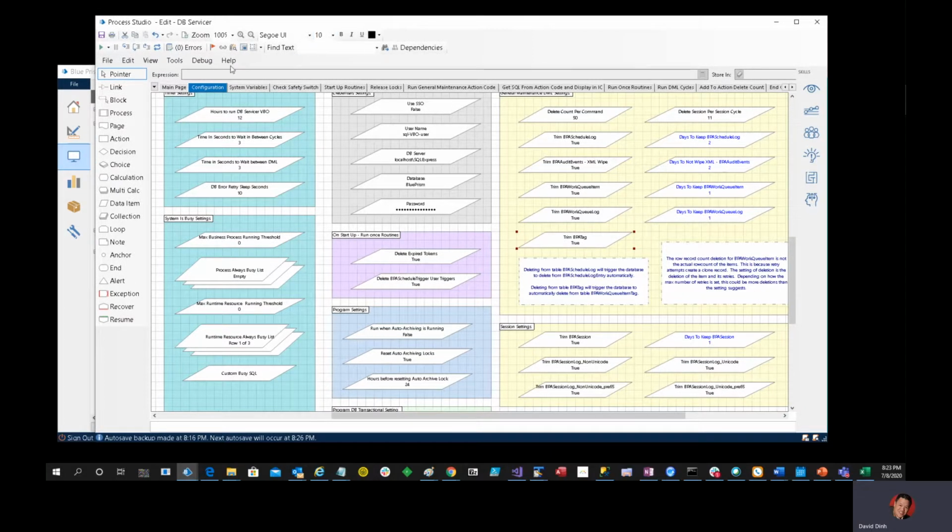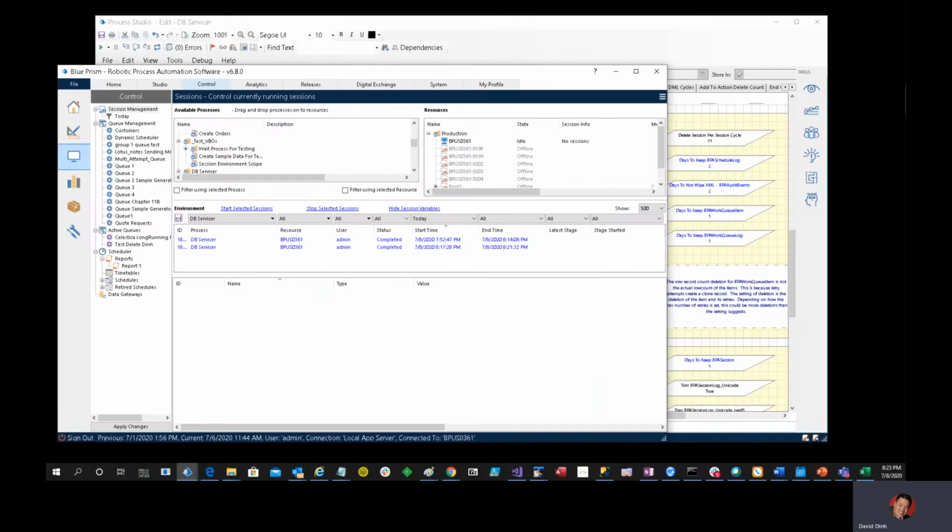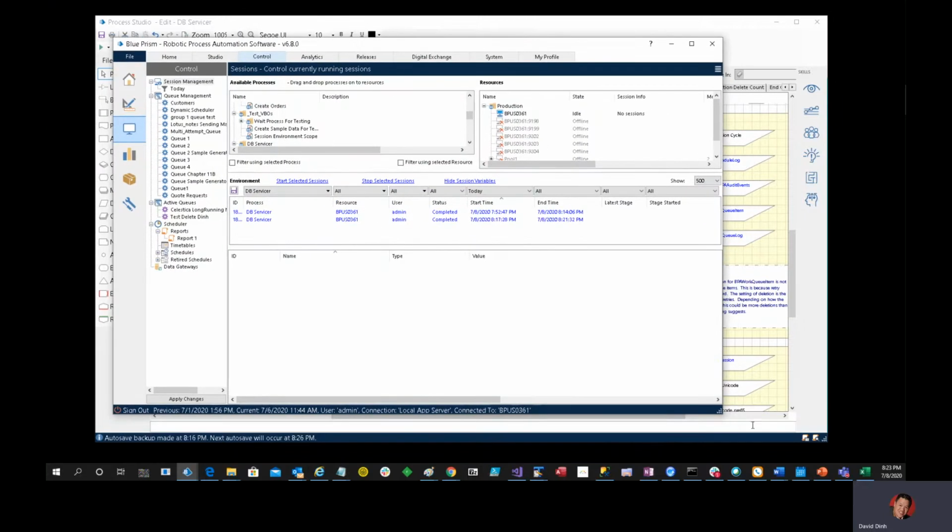Okay, with that, I'm going to jump right into it. This is the configuration page, and we'll go over a few items. But first, I want you to see it run in action, and that will make better sense how this configuration page works. We typically use DB Servicer